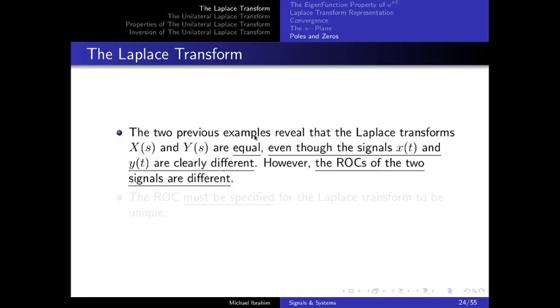So the two previous examples reveal that the Laplace transforms x of s and y of s are of equal value. Both of them had the value 1 over s minus a, even though the signals in time domain x of t and y of t are completely different. X of t is a right-sided signal, whereas y of t is a left-sided signal. How is that? Because they have different regions of convergence. So the region of convergence is an essential part of the Laplace transform. It has to be specified, otherwise we'll be having a problem